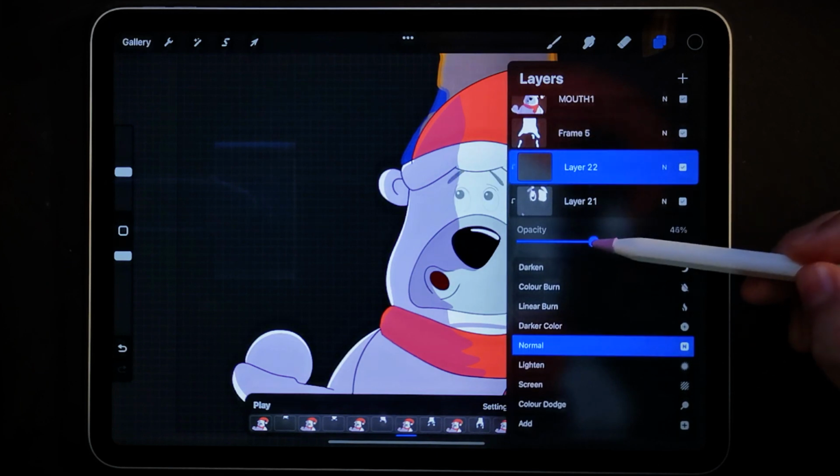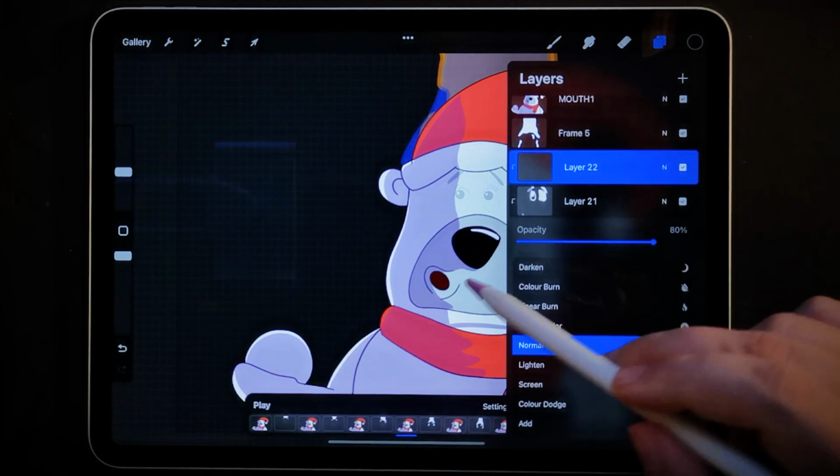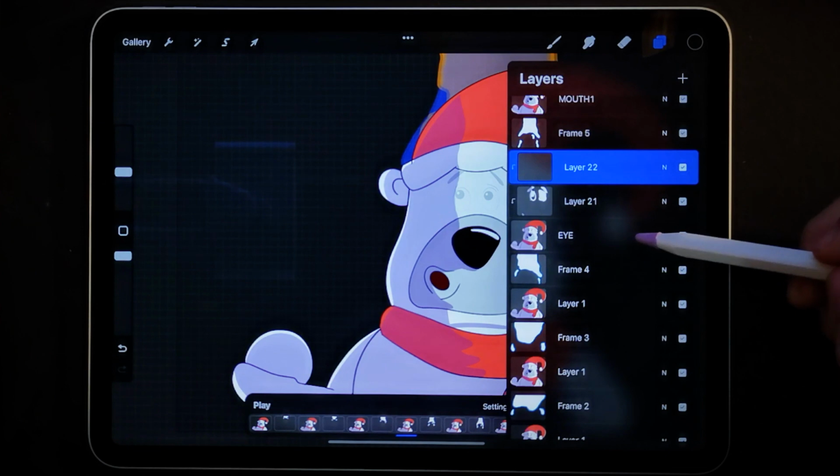As you can see, everything is underneath, just not visible, but by lowering the opacity it helps me to see